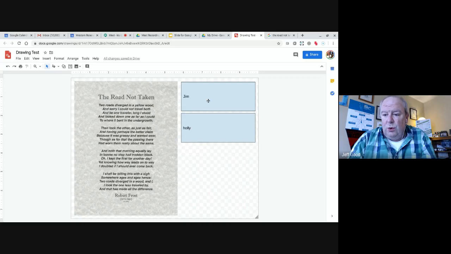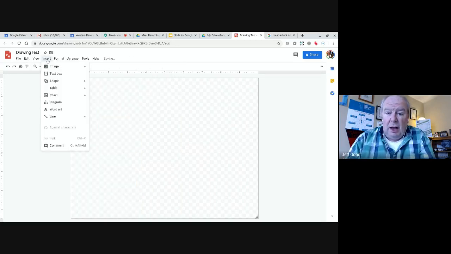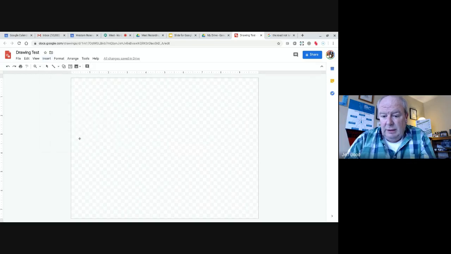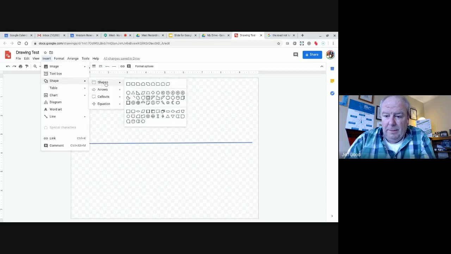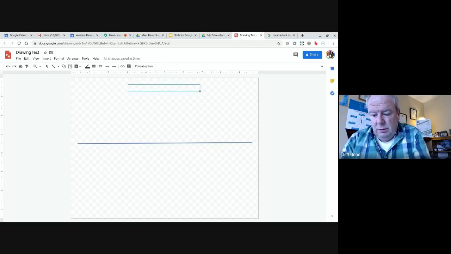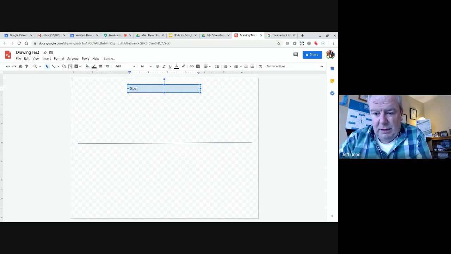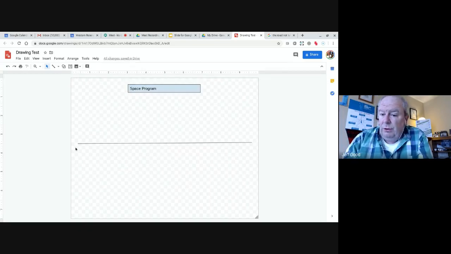Another really cool option when you're dealing with Google Drawing is, I'm going to clean this slate out here, creating a timeline. So I'm just going to add a line, and this is going to be my line, and let's say we're going to talk about the space program. So I'm going to insert here, and I'm just going to quickly put a shape up here, and I'm just going to say space program, and then you could have your students create a timeline based upon